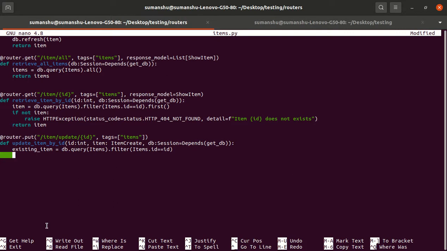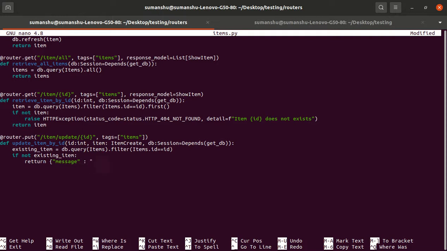Now we will check whether the existing item exists or not. If it doesn't exist, then it will return None. So if not existing item, let's suppose the existing item does not exist, then it should return some useful message. What could be the message?